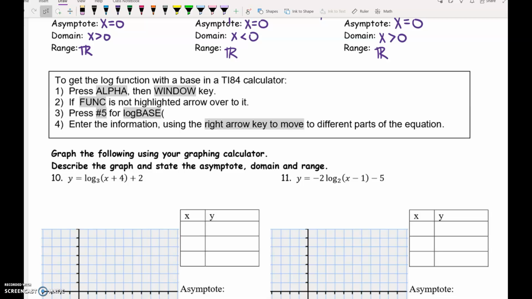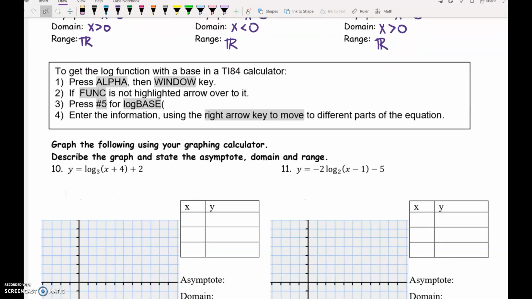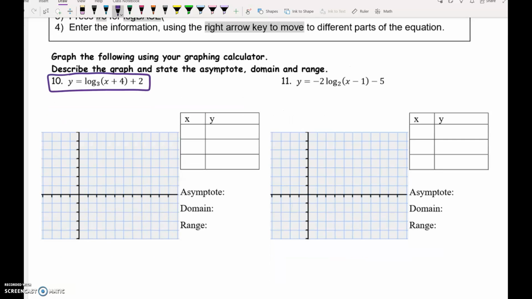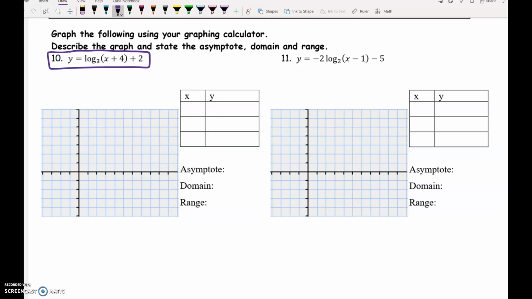Tomorrow, I'm going to show you graphing both on the TI-84 calculator and on Desmos. For today, really all you're doing in your assignment is taking problems like number 10. So we're going to do number 10 together. But here's what your assignment will ask you for. It will ask you for horizontal movement, vertical movement, and then it will ask you for the asymptote, domain, and the range. So in this particular example, the +4 inside the parentheses indicates that this graph is going to move